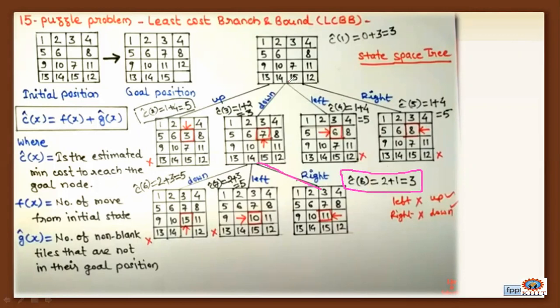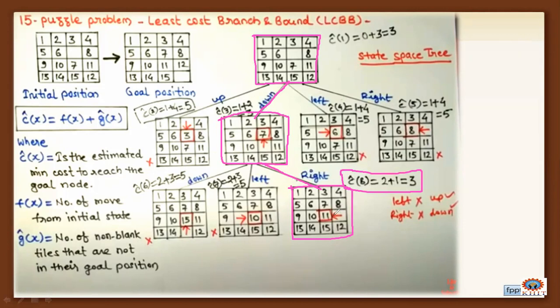Here I have selected this one. So in the first iteration, you consider this one. In the second iteration, you consider this one. In this way, in the first iteration we have selected the least cost, and in the second iteration we have selected the least cost. Okay, least cost is 3.